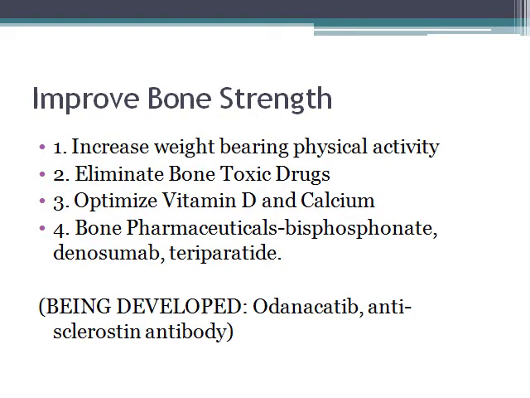Okay, yes, improving bone strength is the third strategy to prevent fractures. If you can make the bone stronger, even if the environment is poor and there's a fall that occurs, if you have stronger bones, it's less likely that you're going to have a fracture. So how does one improve the bone strength? Well, first, to increase weight-bearing physical activity. Secondly is eliminating bone-toxic drugs. We've touched on that already. There are many drugs that are toxic to bones for different reasons. The third is optimizing vitamin D and calcium.